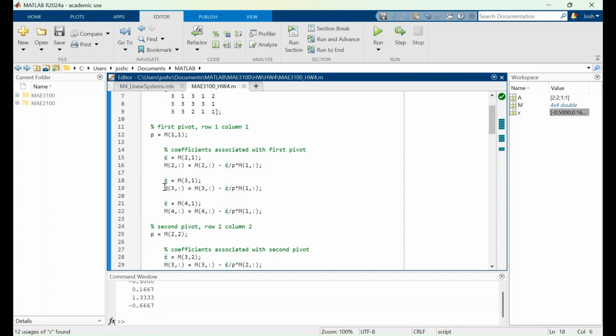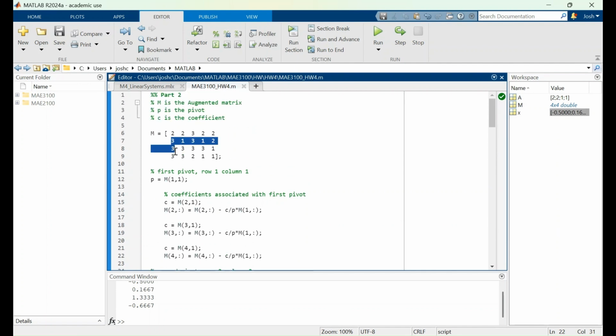And you see that here with rho 3 equals rho 3 minus coefficient over pivot times rho 1. Rho 4 equals rho 4 minus coefficient over pivot times rho 1. Here it just so happens that all these coefficients are the same, but this will obviously change with our next